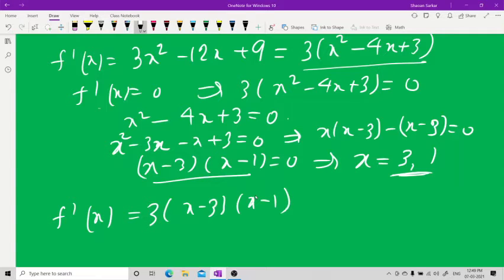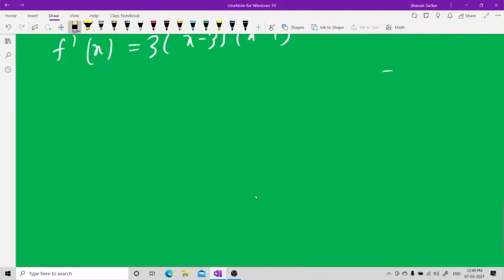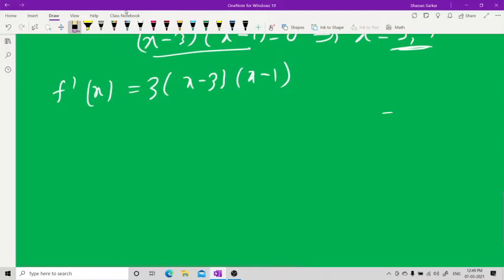Now let us take the point 1. Let us find for x equal to 1. We need only this function, only this x here. For x equal to 1, let us check what is the problem. Now for x